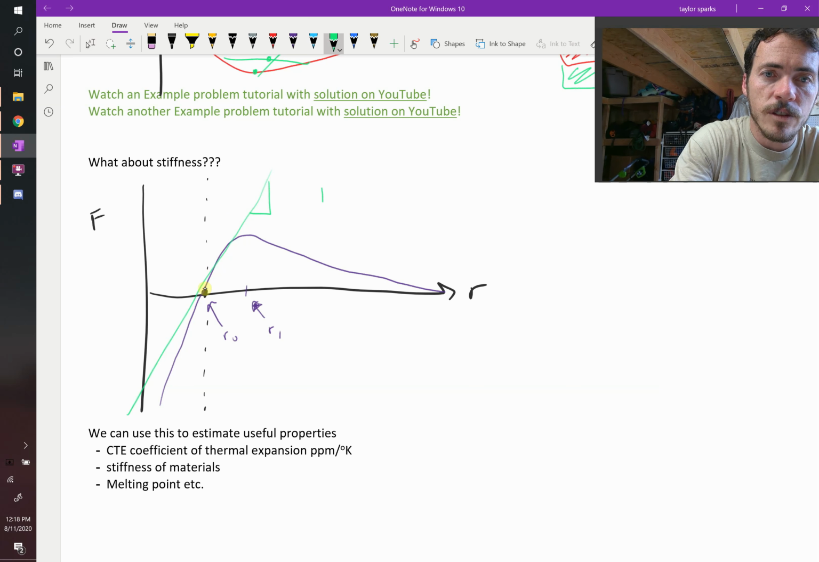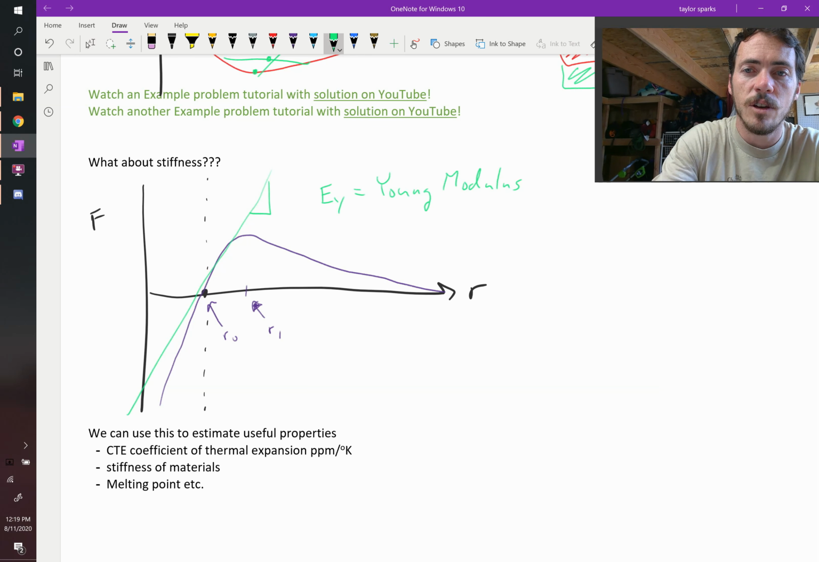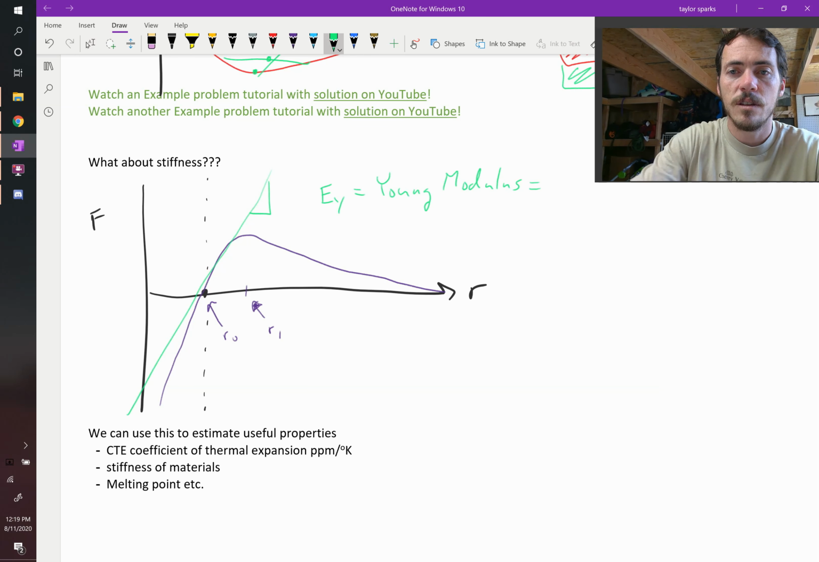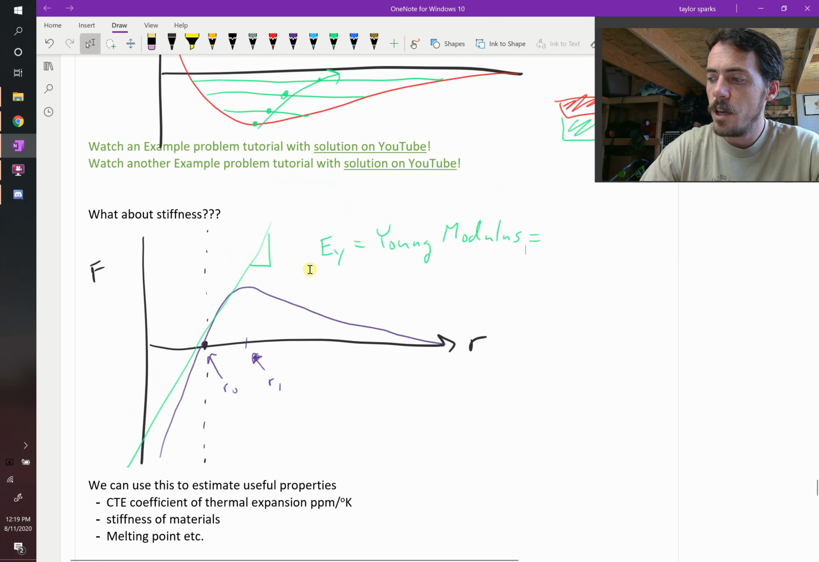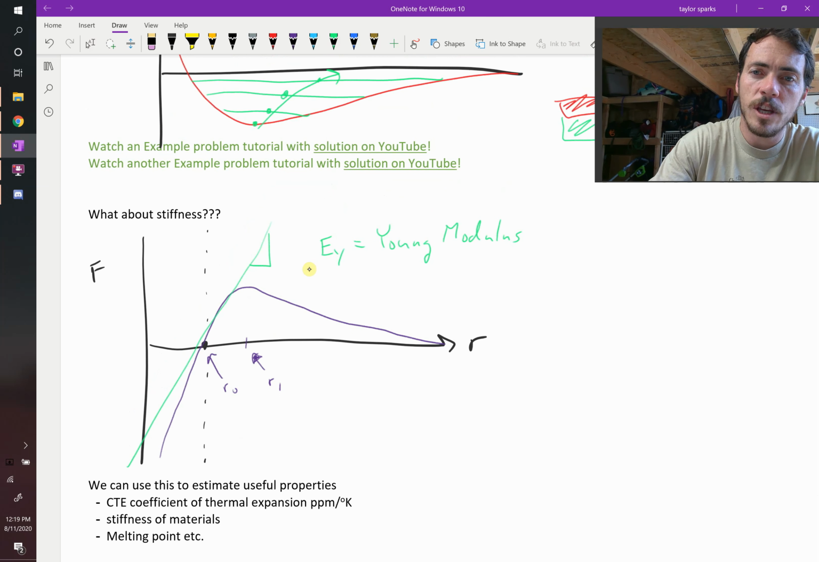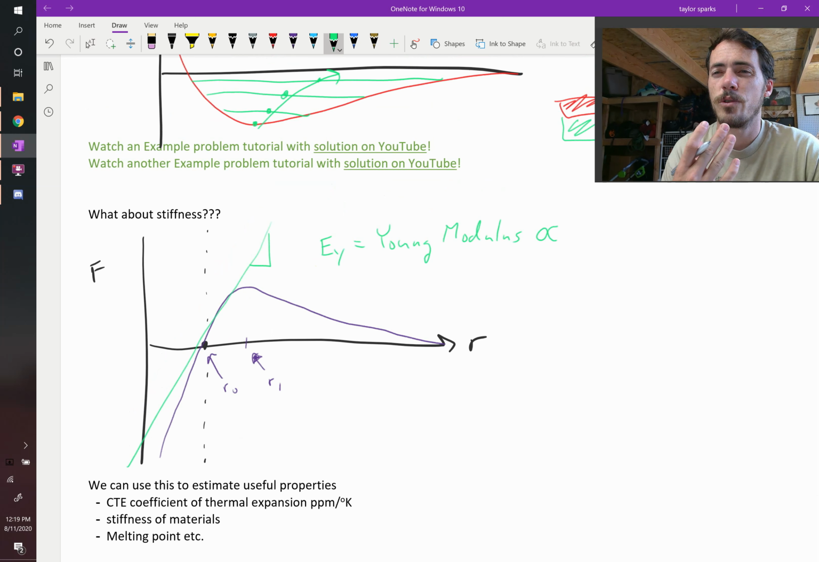So the stiffness, which we call E sub y, that stands for Young's modulus. Young was an amazing guy. He was like an Egyptologist among many other things. He also did material science and mechanics. So Young's modulus, named after him, I'm not going to use the equal sign, I'm going to use the proportional sign. This little alpha symbol means proportional, meaning that there's a fudge factor in front of it,